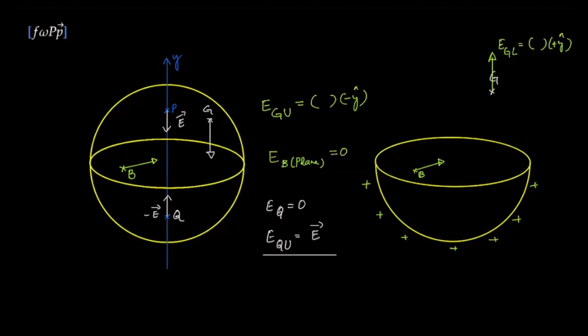That is to say that for all points on this surface out here, there is no electric field along the surface of this base. So if you take a point out here and move to this point, there is no electric field along this surface. Therefore, the potential at these 2 points are identical. That's for every point on this base out here. So this base is an equipotential surface.